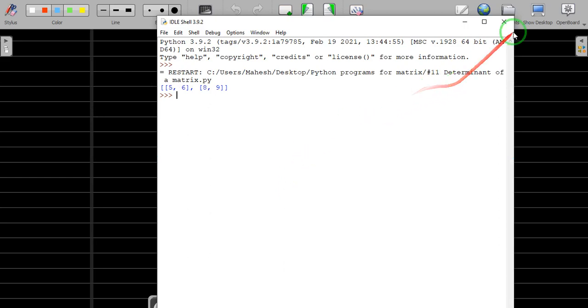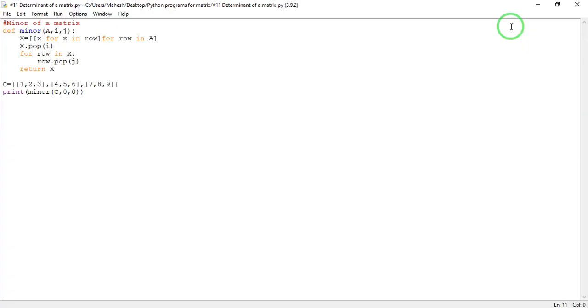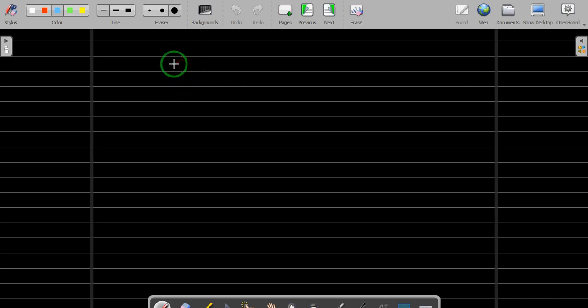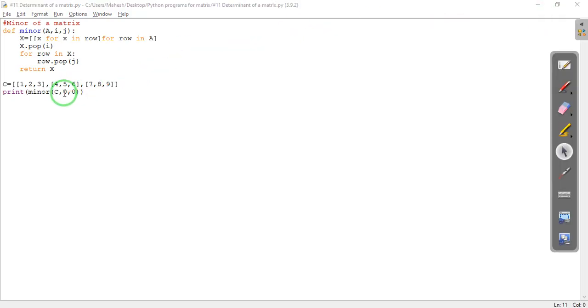If you want me to go back here, we just write a matrix. Write the matrix 1 2 3 4 5 6 7 8 9. So we have the matrix 1 2 3, 4 5 6, 7 8 and 9. Now from this matrix we wanted to find the minor for this entry, 1. So the minor will be the matrix of the form 5 6 8 and 9, and that was the result we achieved. Okay, let me show it again. 5 6 8 9.